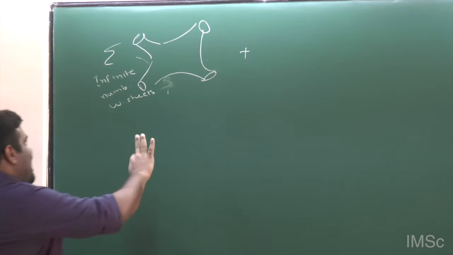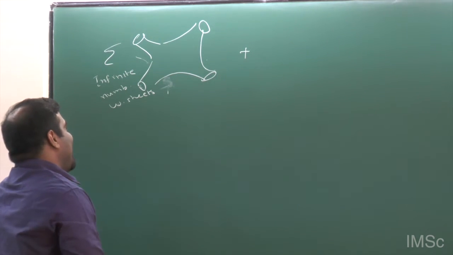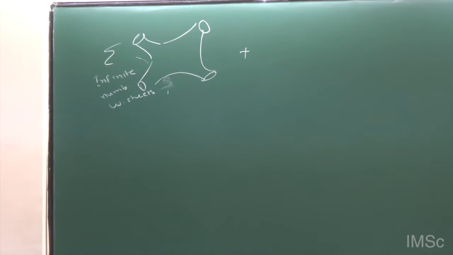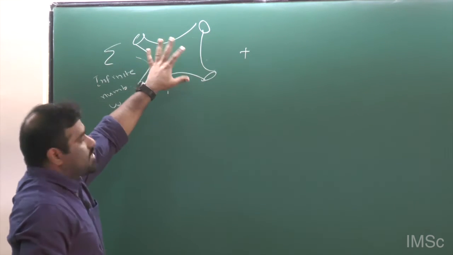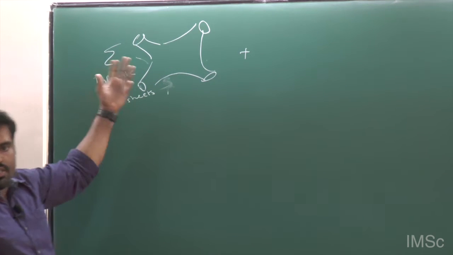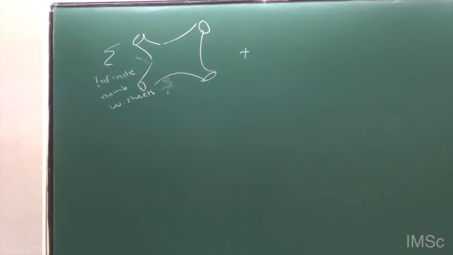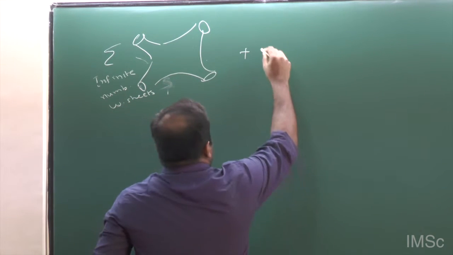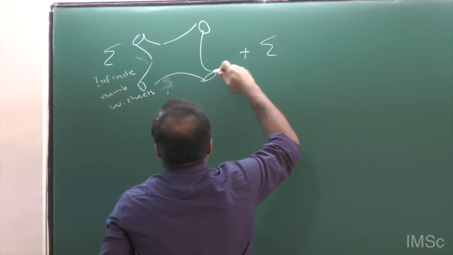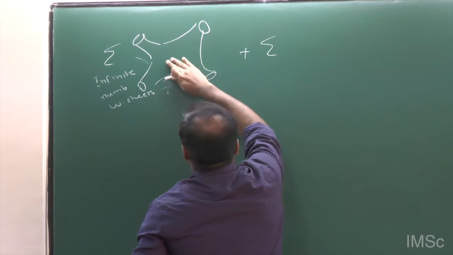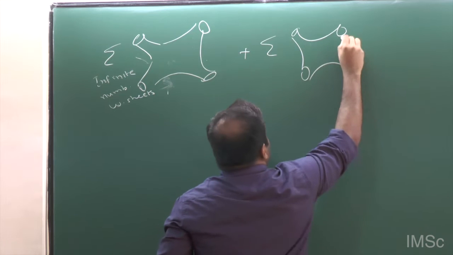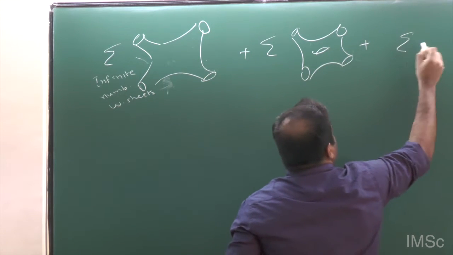I can't really count it, but naively I can say that there are infinite number of world sheets, depending on how I change the surface, and I should tell you how I change the surface. But let me not get into that detail. So you have a sum over handles. Basically, you start with a diagram having no handle, and then you have diagrams having single handle, and then it goes on.